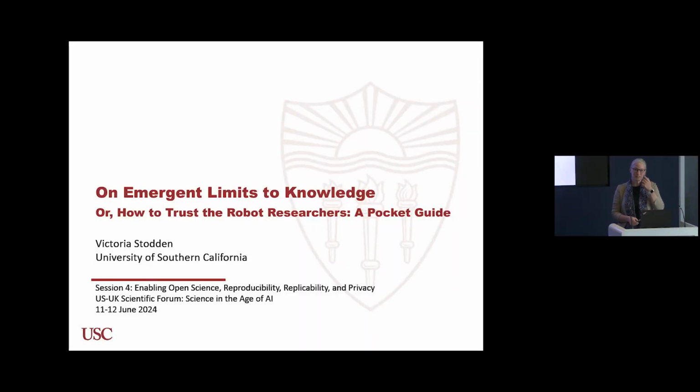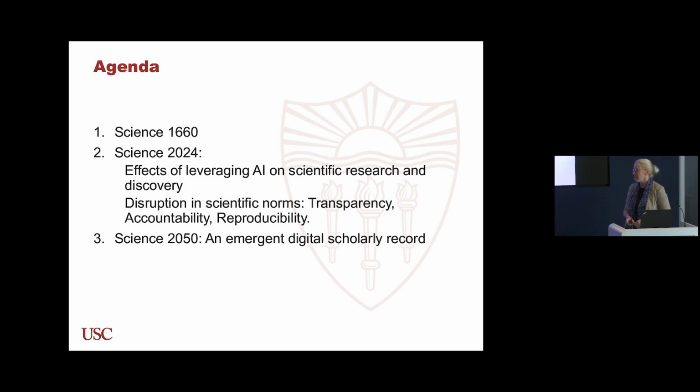Well, it's a real pleasure to be here, especially to talk to you all about a subject that I think is so important and very close to my heart. So my talk today is entitled On Emergent Limits to Knowledge, with the subtitle, How to Trust the Robot Researcher: A Pocket Guide. And what I'd like to talk to you about today in my 15 minutes, starting in 1660,